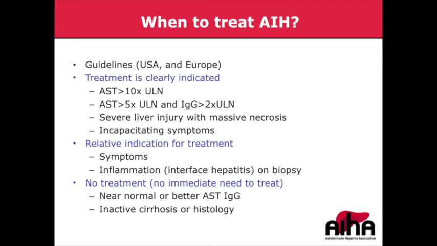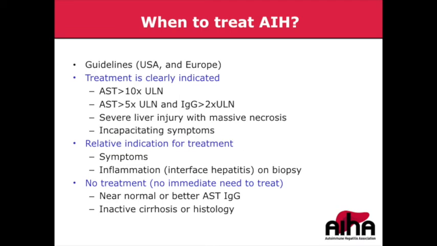So if you look up here, what we've got, the clearly indicated treatment is when the transaminases, or AST is what they selected, is more than 10 times upper limit of normal, i.e. a severe hepatitis biochemically, go ahead and treat. If the AST is moderately or modestly increased, more than 5 times upper limit of normal, and the IgG level is also increased. This is a protein that's produced in response to inflammation, particularly in the setting of autoimmune hepatitis. And so is another indicator of disease activity. So this combination would also indicate treatment.